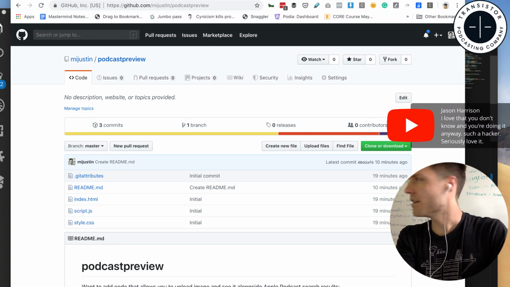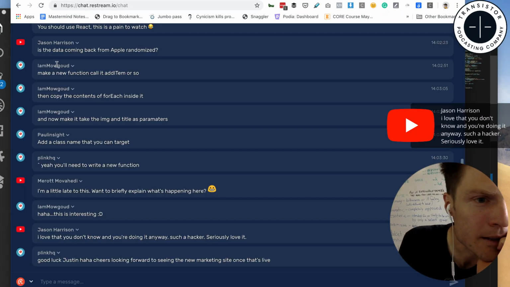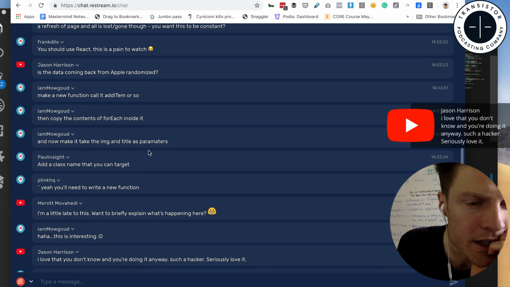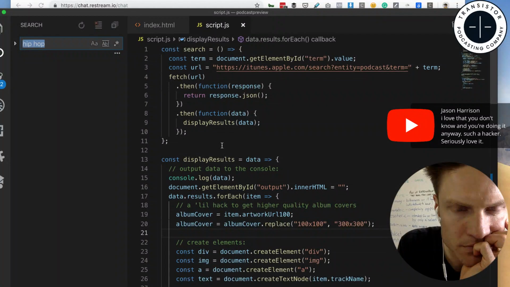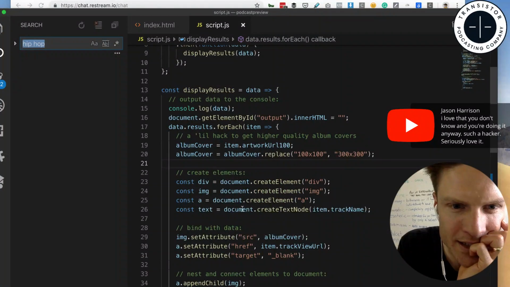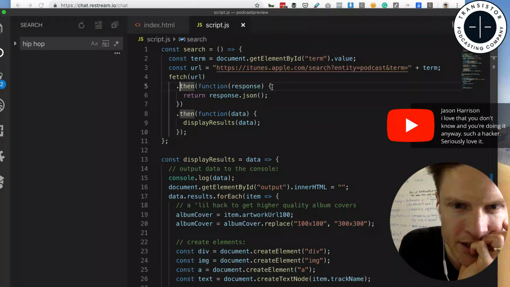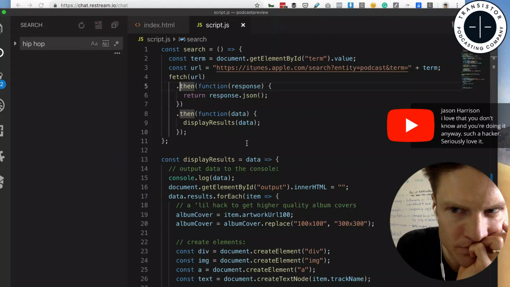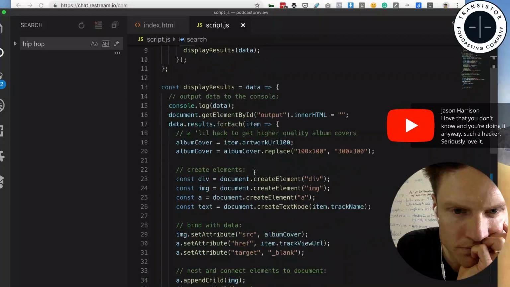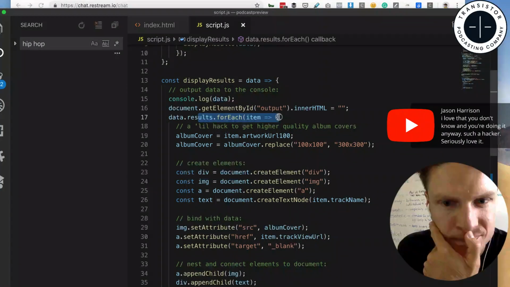Okay, so let's see. Make a new function and call it add item. And he says everything that's going to happen on line... Then function response. For each item,